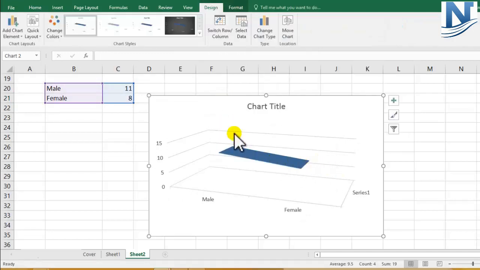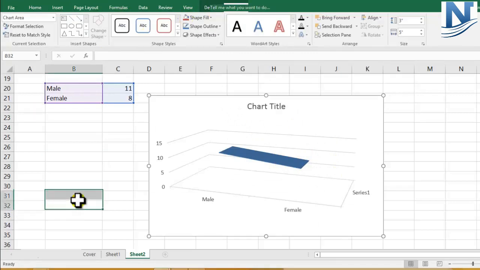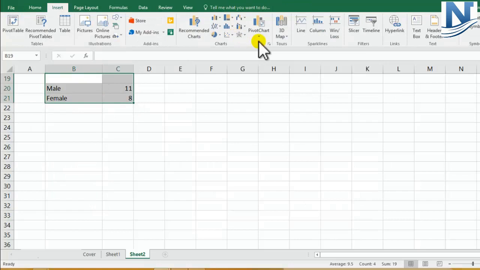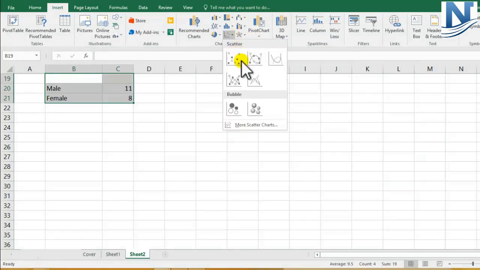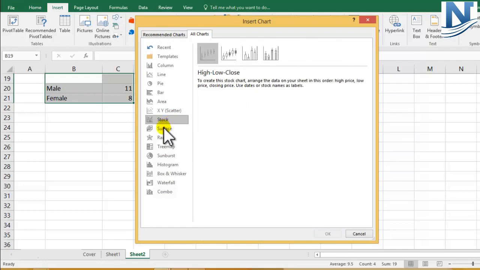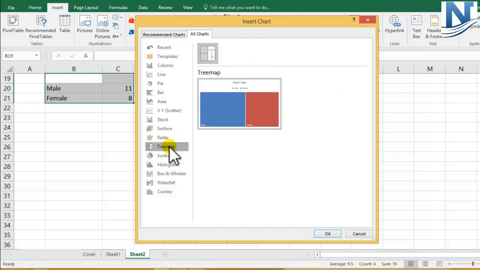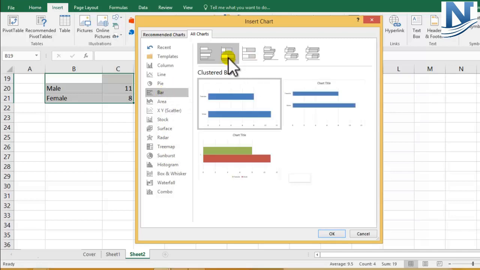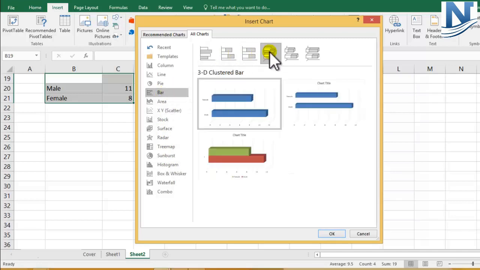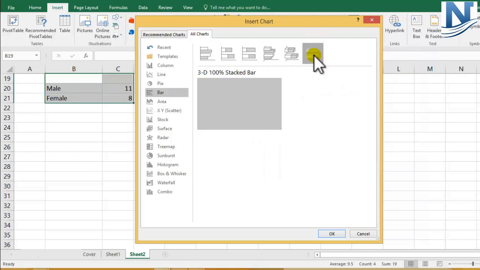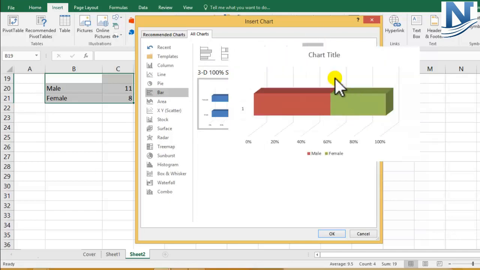If I click on 3D lines, this is how it will look. Let's click on Control Z, select the data again. Let's come to scatter chart. I'll click on more scatter charts. You can see there are various charts present which you can use. For bar chart also you can see there are 3D charts present. Your chart will look like this. Various options of chart are present.